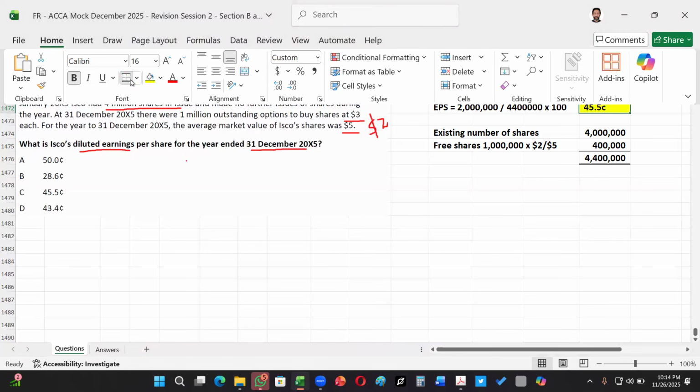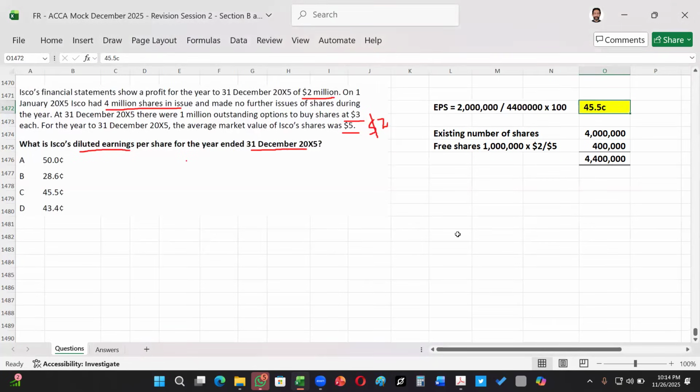I believe this was the easiest of the cases that we dealt with. We dealt with some really weird scenarios for the basic EPS: the rights issues, the bonus issues, the adjustment of the comparative EPS, the EPS for the previous period. Then we looked at the diluted. In the diluted, we had the convertibles, and then the dilution in respect of the share options.